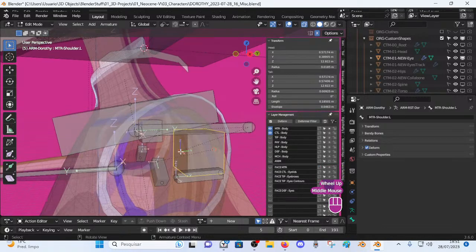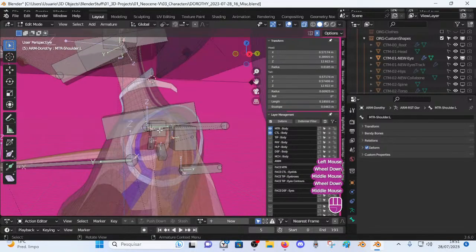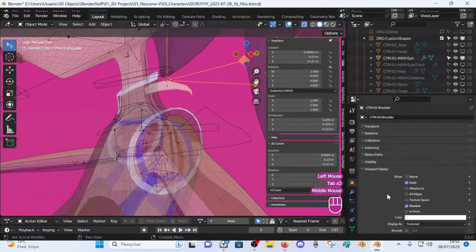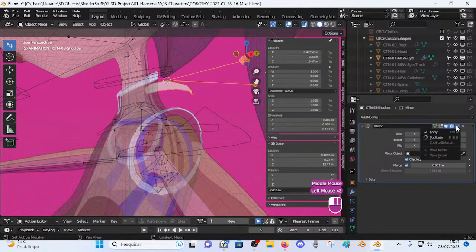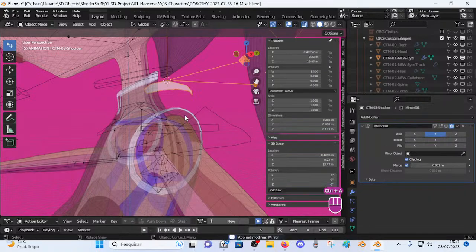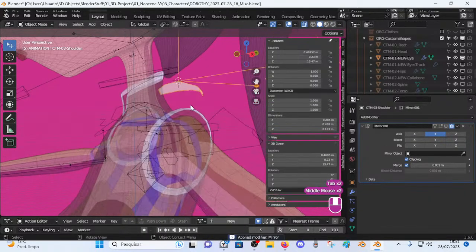I'm thinking of taking the cursor and then aligning it up there. But for that I don't want to ruin my mirror modifier, so I'll have to duplicate, hide one of them, apply the other. I'll keep this as a backup, and then